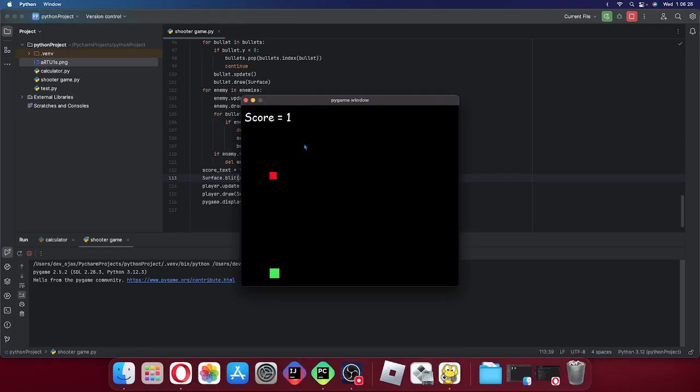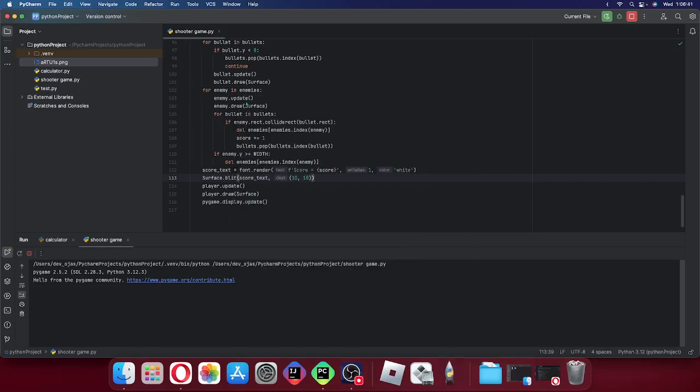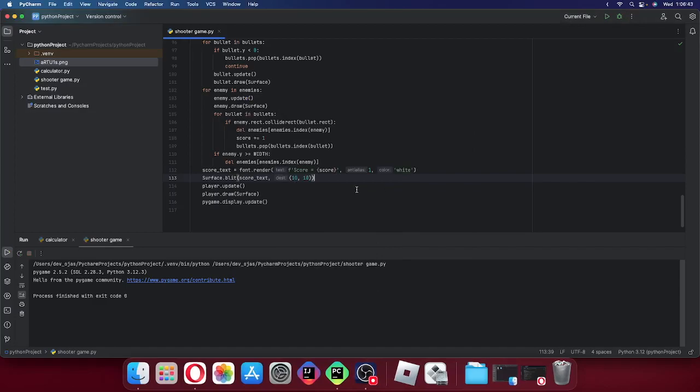And if we use this, look, the score is going up. But what if these red enemies hit the bottom of the screen? Now that should be a loose screen, right? So what we could do is,